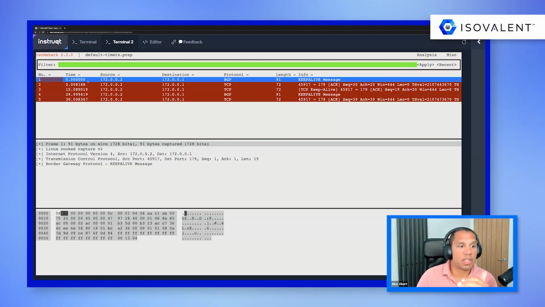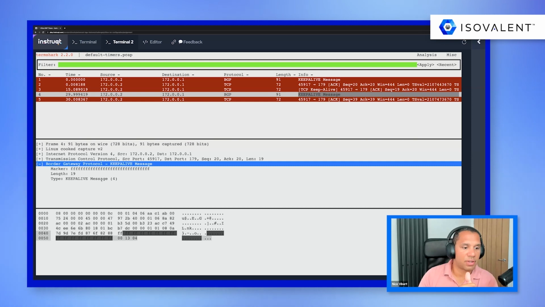So you can see I've got a keep alive message sent. That was the first packet, so at 0 seconds, and you can see that the fourth packet was sent 30 seconds later. So that keep alive message was sent every 30 seconds, which you can see here.